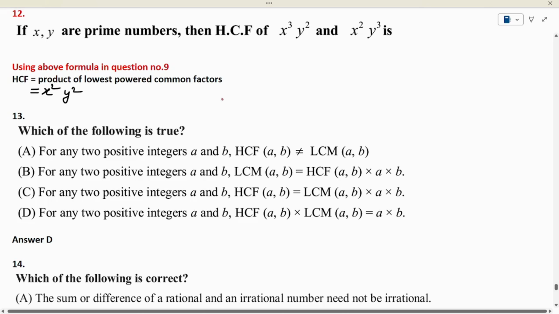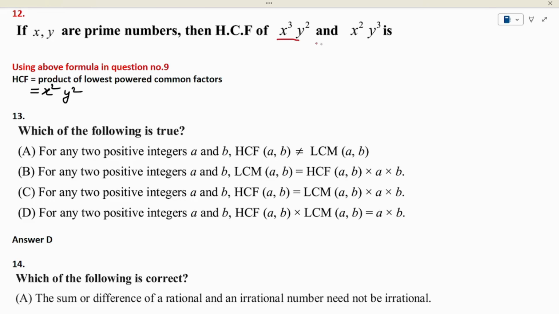Question number 12. If x, y are prime numbers, then HCF of x cubed into y square and x square into y cubed. In previous problems, multiple times I said that in the calculation of HCF, we need to consider a common factor which has the least power. See here, we have x and y here. Here also we have x and y. But we need to consider which has the least power. So for the x we have least power here. So I can consider x square here into,